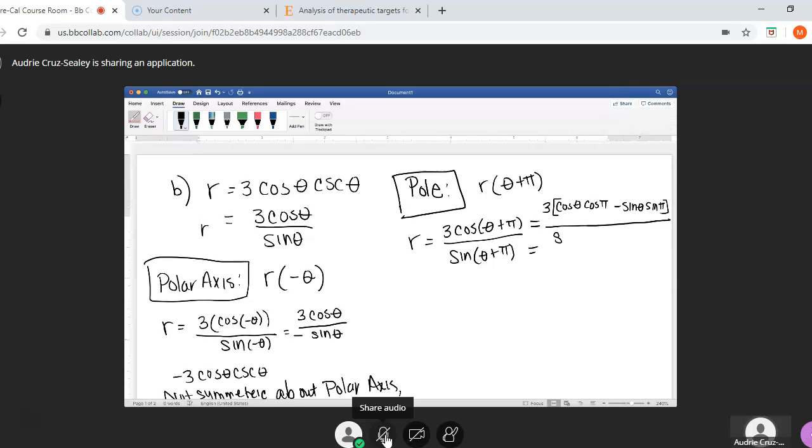Like this one is sine of theta, sine of pi, sine of theta, sine of pi. No, I'm lying. See, I'm already doing this wrong. I can never do this. Sine of theta, cosine pi, right? Plus